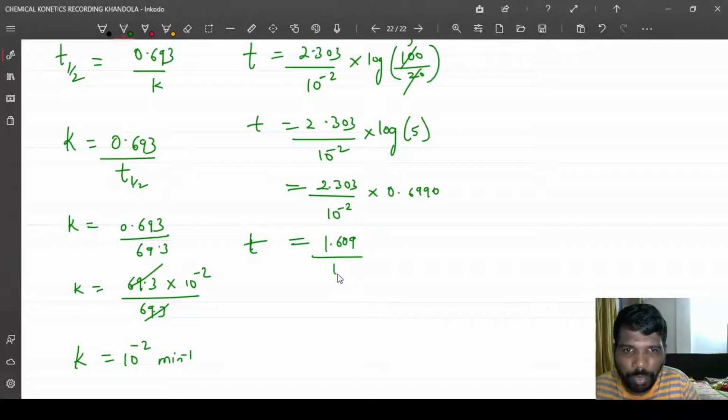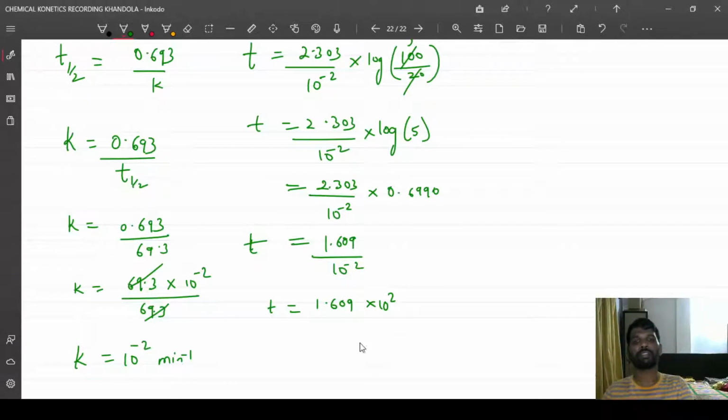1.609 divided by 10 raised to minus 2. So time is equal to 1.609 into 10 raised to 2. The numerator will go to the denominator, minus 2 will become plus 2. So t will be equal to 160.9